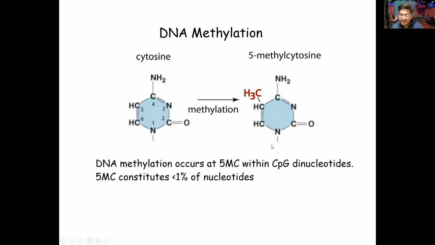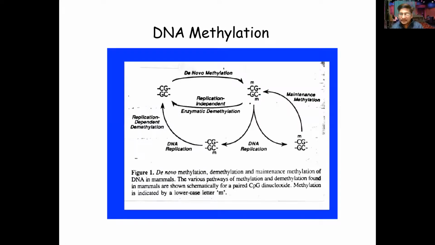And if they get methylated, they will interfere with binding of the transcription factor and the RNA polymerase as well. So whenever methylation occurs in this region, those regions are not going to express. That means genes are going to be silenced. And this methylation can occur de novo as well,